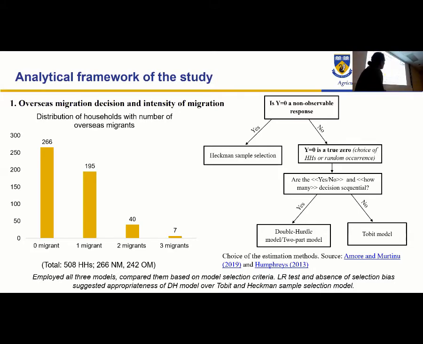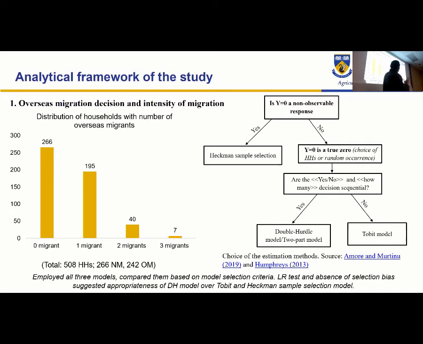If it is a 0, but it is a non-observable response, that means it could be non-observable here in non-migrant households, right? So if that is non-observable, then we should use the sample selection method. That's what this class said. And if it is a true 0,